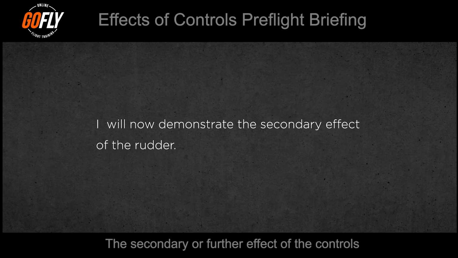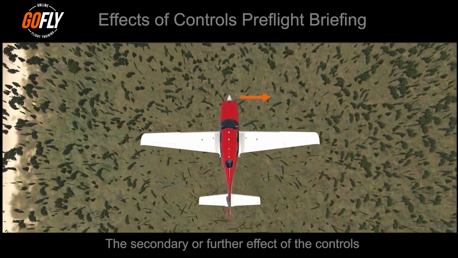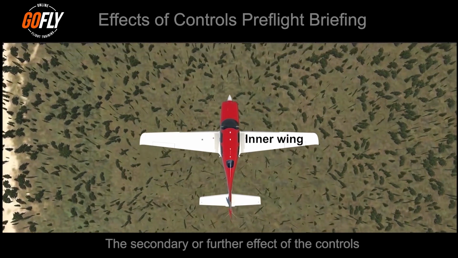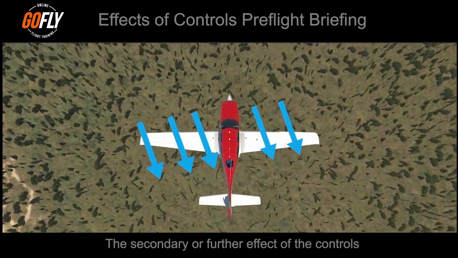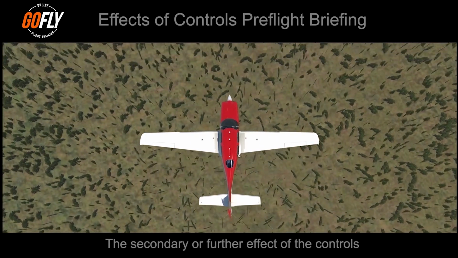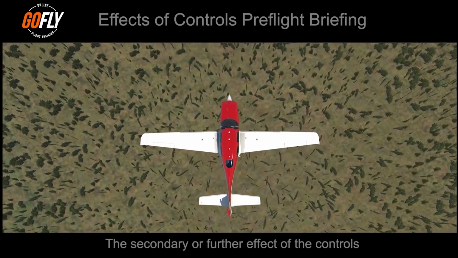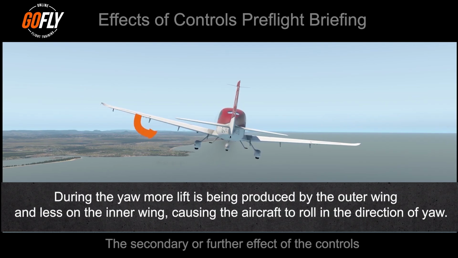I will now demonstrate the secondary effect of the rudder. When the pilot yaws the aircraft with rudder, in this example to the right, the inner wing experiences less exposure to the relative airflow than the outer wing. Also, the outer wing in the yaw will be accelerating slightly more than the inner wing. This also creates more lift. This results in more lift being produced on the outer wing and less lift being produced on the inner wing